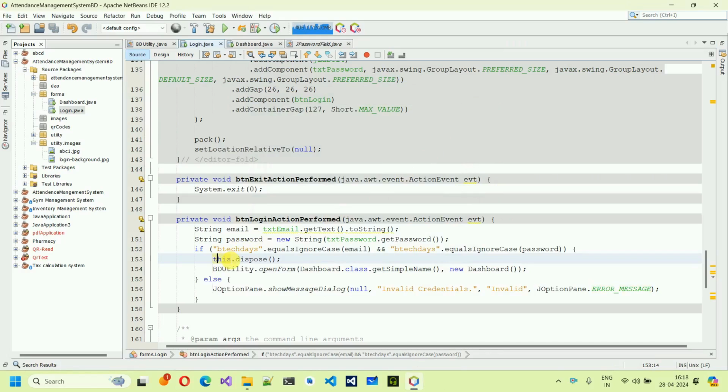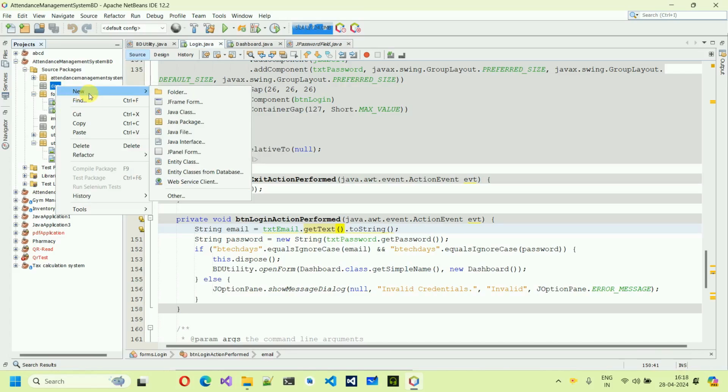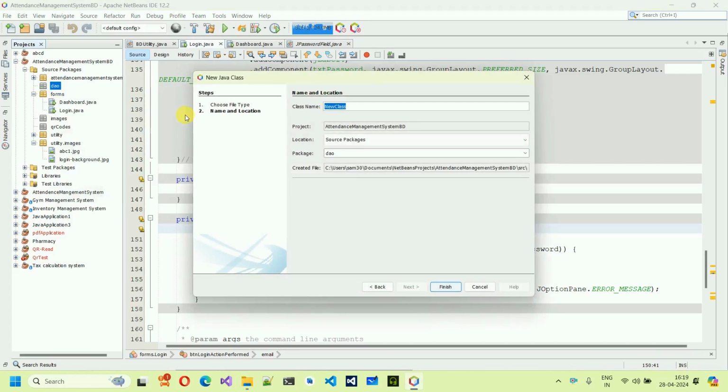Let me comment this, uncomment this one. So now the task for this one is done. Next thing what we have to do is create database related stuff. That is, first create the connection with the database, create the database itself. Then we have to create all the tables. So for that, go over here to the DAO and first thing, right click on this, click on new and create a Java class. And into this one, I'm going to create a connection provider class